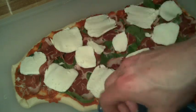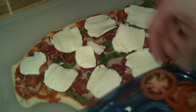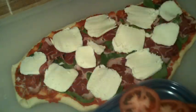Look at the clock. Fresh mozzarella is so good and creamy and just delicious. Okay, and then I got some Roma tomatoes,